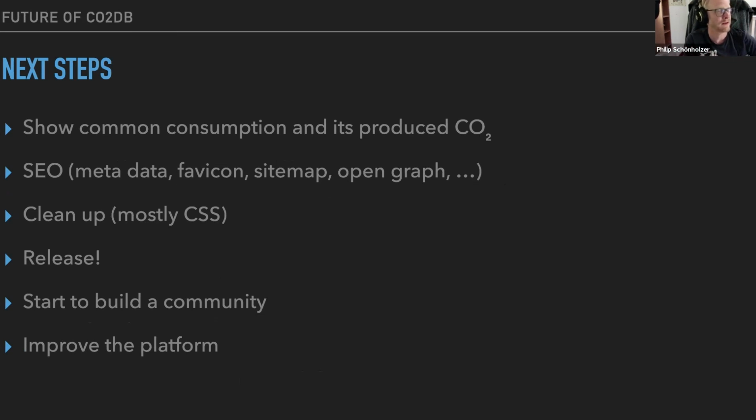I'm going to want to use this thing called server components, right? I don't know whether JavaScript is actually running on the client, but I want to use that so that I have a little slider and it will update the CO2 that is being used for that. I also want to improve SEO stuff like metadata, favicon, sitemap, open graph, and there I'm already